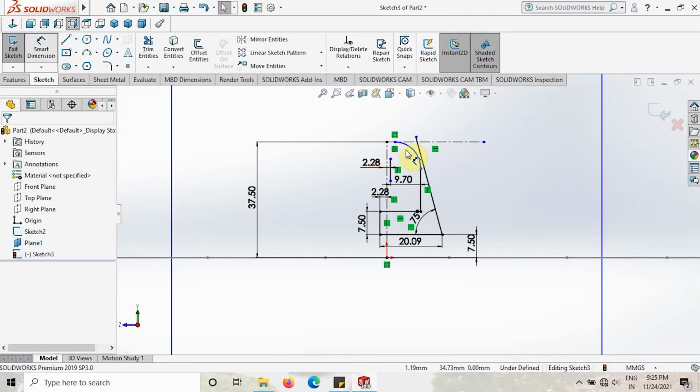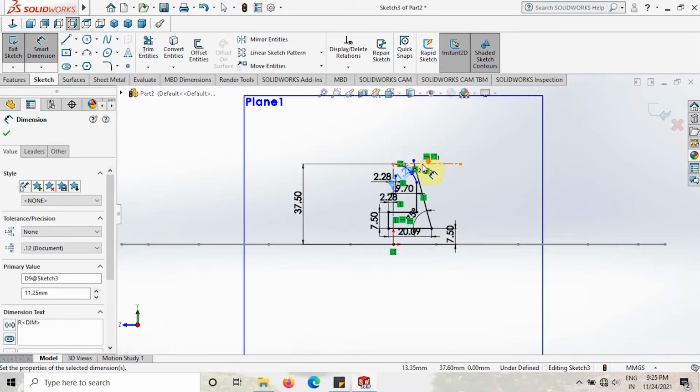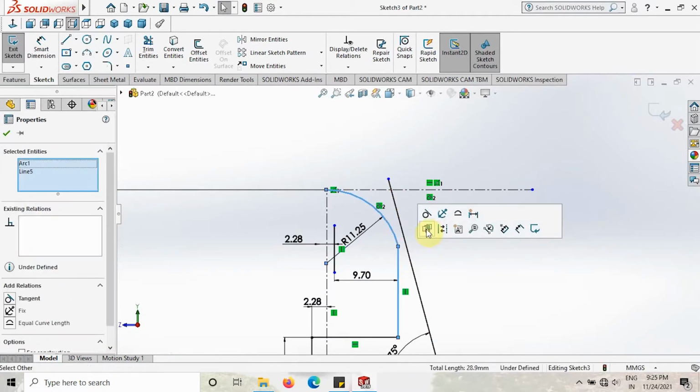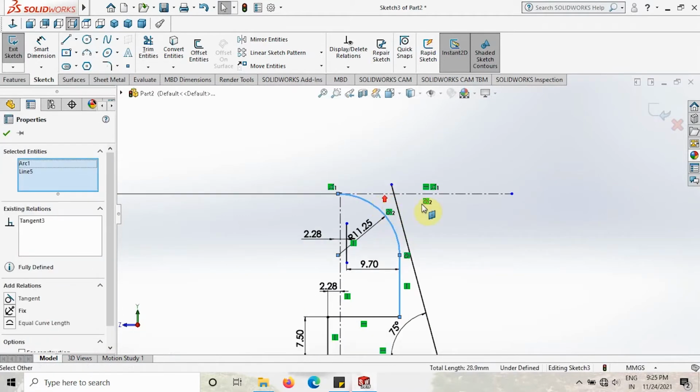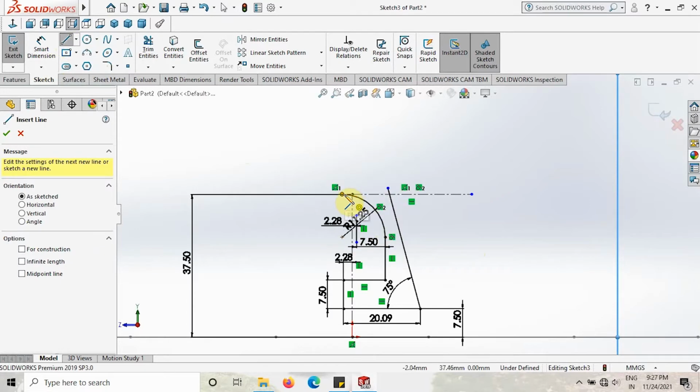Give this radius 11.25 and make this one also tangent and we have to change this dimension to 7.5 and then close this sketch.